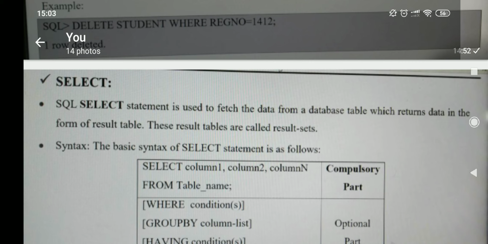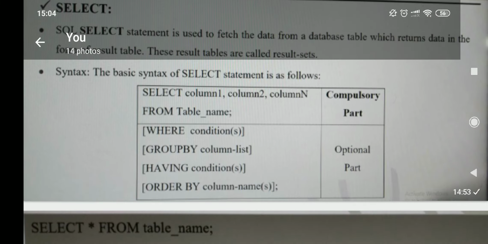It will bring rows from the table. The syntax of select is select column 1, 2, 3 from table name. The second part is not mandatory. Where conditions, group by means we tell it to combine some columns, and order by means ascending order or descending order. If you find it difficult, don't read the optional part.